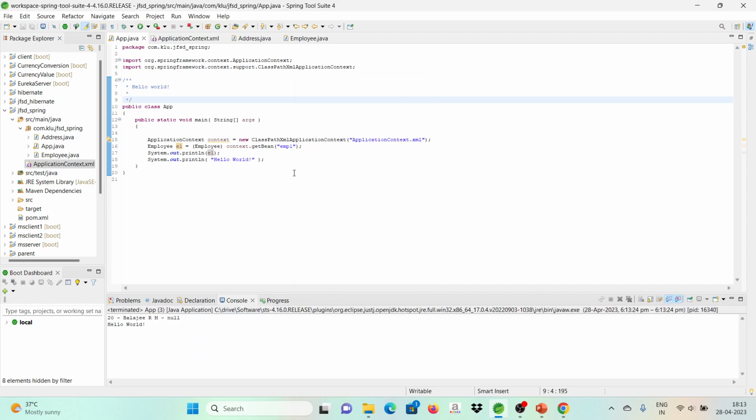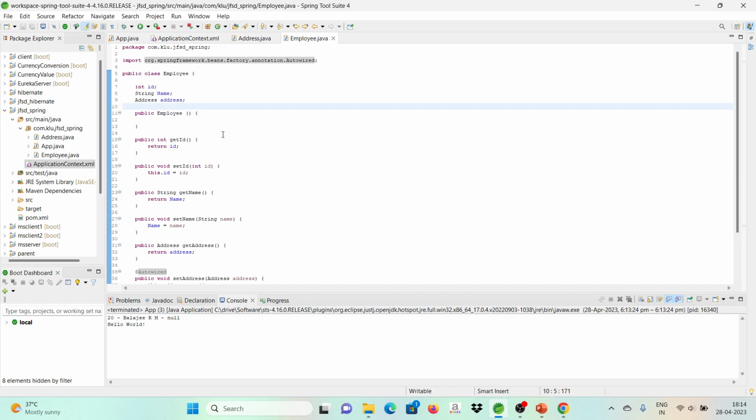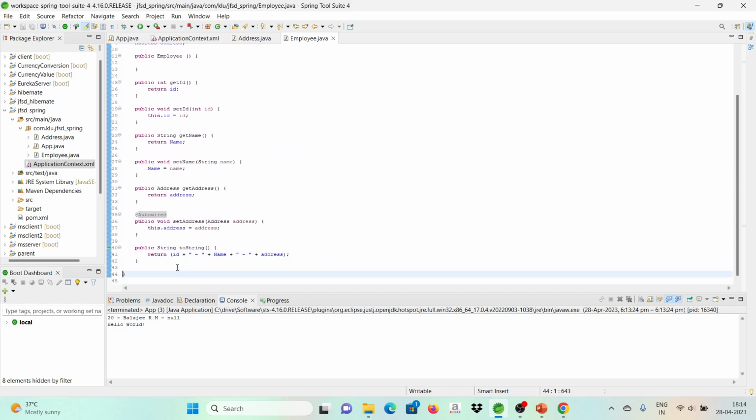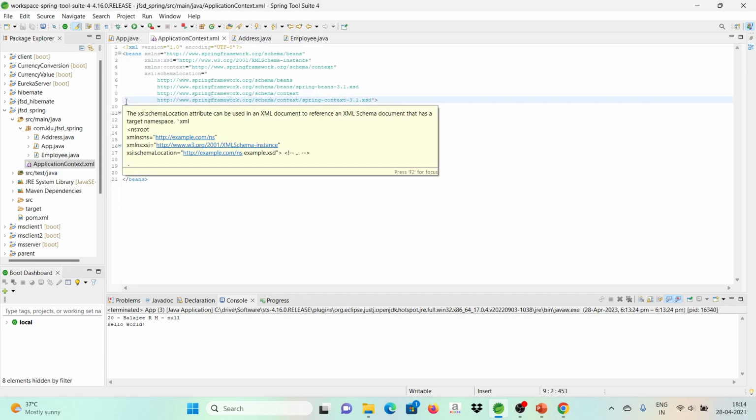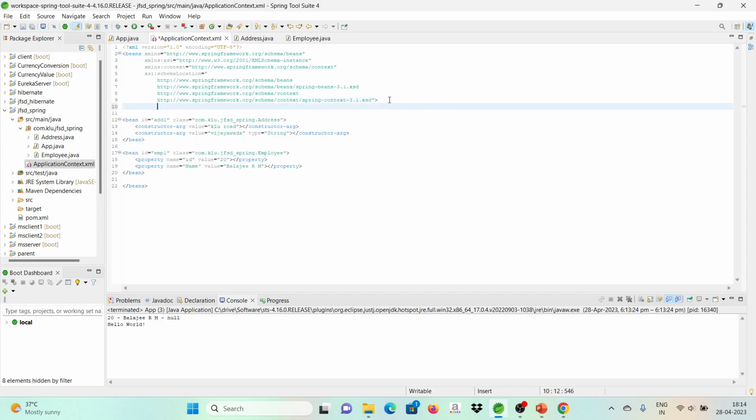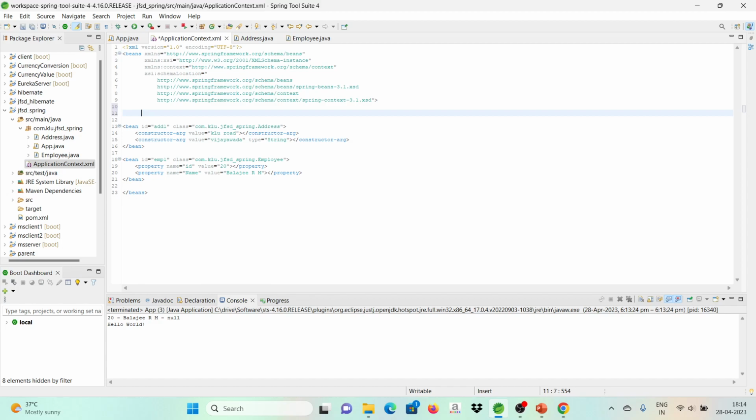Once again, it is giving me the null value. Let me check it now. Actually, one more thing we had missed. See, in the employee Pojo class, we have written the auto-wired. That has been good. But in the application context.xml, Spring needs to identify that auto-wiring is there and we have to substitute the value. It will identify only if you mention